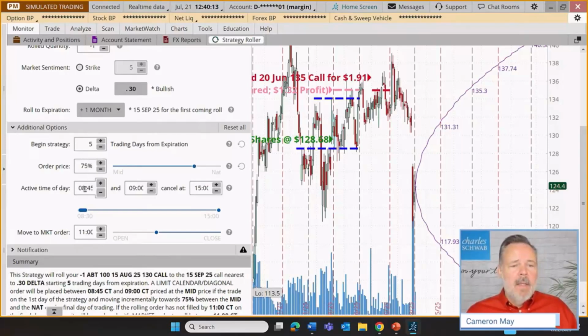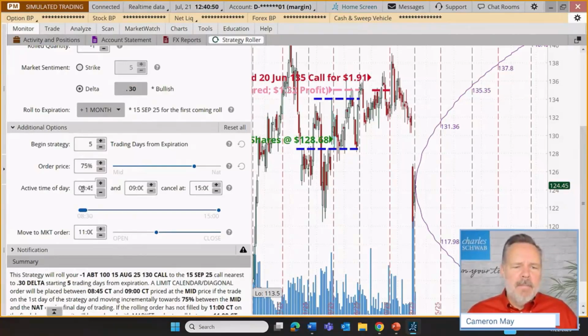All right, so this is when it starts. This is the order execution instructions. We can tell when to activate this trade. Now, in my experience, when you look down here, it gives us a summary of our trade. And for me, even though I'm Mountain Time, it says Central Time. I believe that's the default. That's one thing you may want to check as you're running through this in your own paper money. You can glance down there and make sure it says Central Time. That gets you oriented with what the execution time frame is.